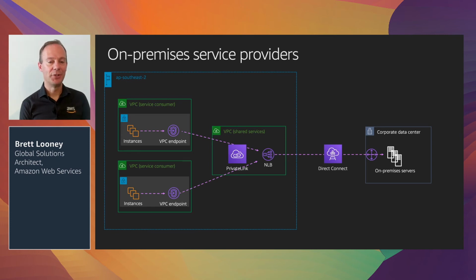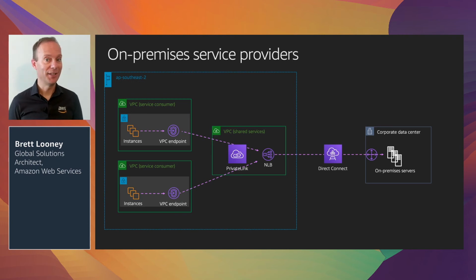One of the other tricks with Network Load Balancer is that you can use NLB to load balance across on-premises servers. Because you're using an NLB to do this, you can now present on-premises services via the NLB and PrivateLink to VPC consumers. From a VPC perspective, they think the service is just a local interface. It looks like it's in AWS, but behind the NLB, we're actually sending traffic across to on-premises,